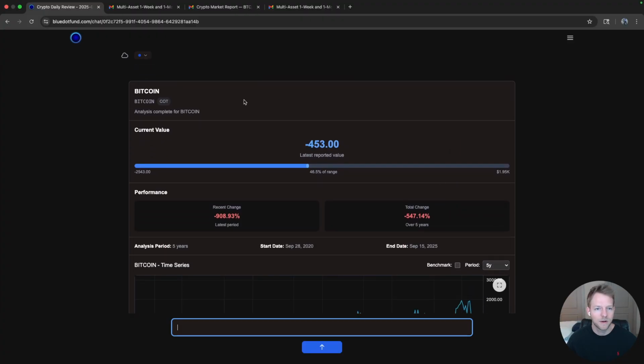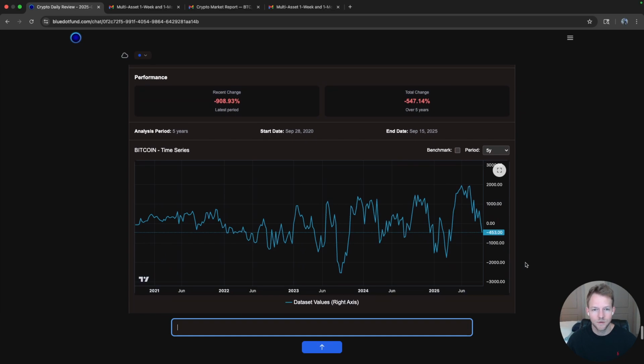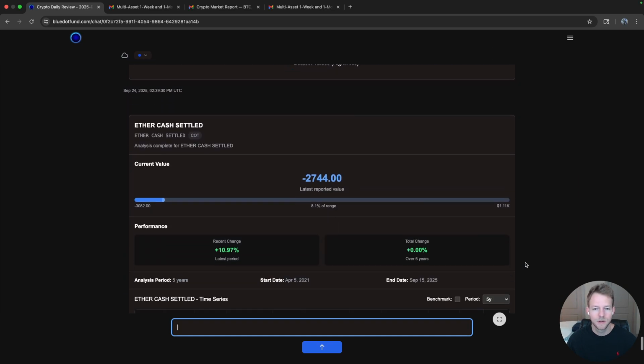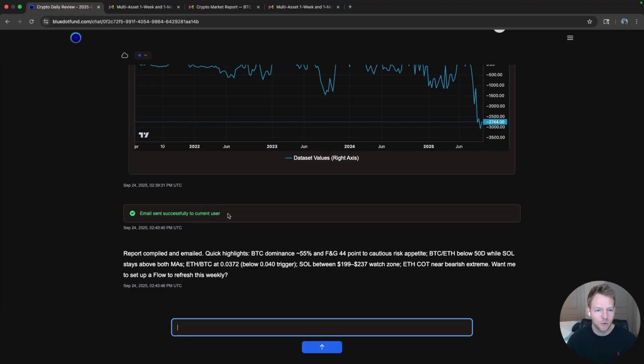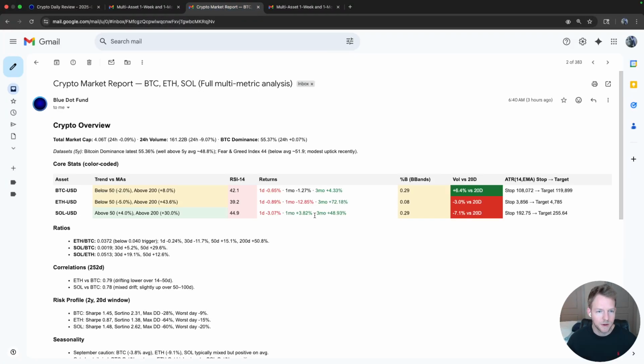And then we have our commitment to traders data, where we can see the commercial traders net position. And then it emails out the report and gives us a quick insight there. And then if we go to the email that was sent, it created this dashboard showing here's the data, here's